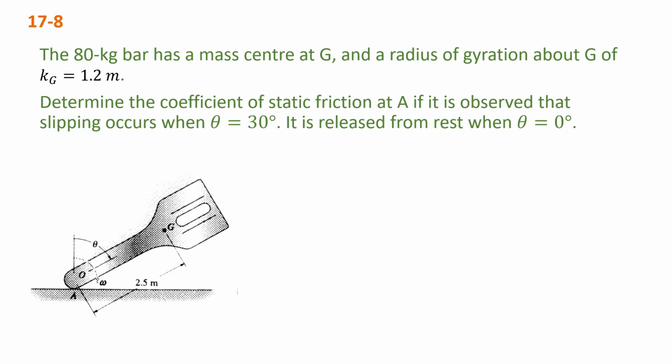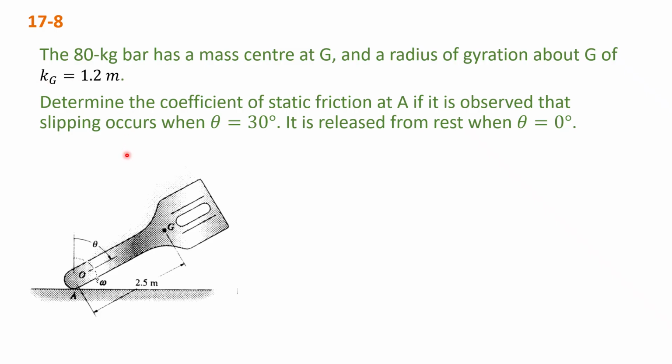So we start with this example, in which we have a spatula with a weight of 80 kilograms, and the mass center is located at the point G, and the radius of gyration about the point G is 1.2